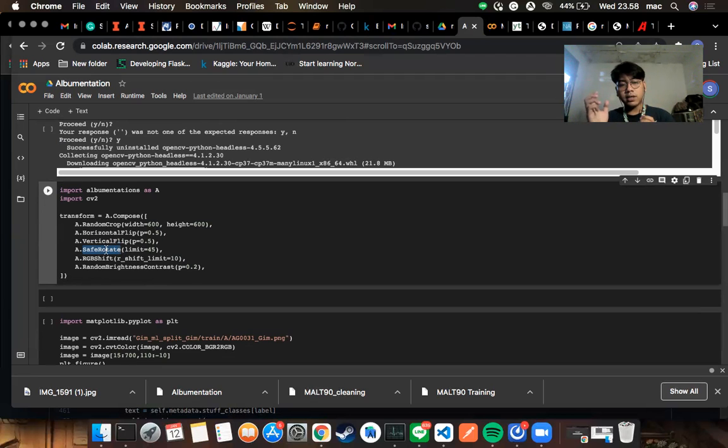So the safe rotate basically applies images in tiles, and then I use RGB shift, but I don't think I should use RGB shift a lot since color gives information in this kind of research, because different colors mean different clumps. And I use random brightness contrast,